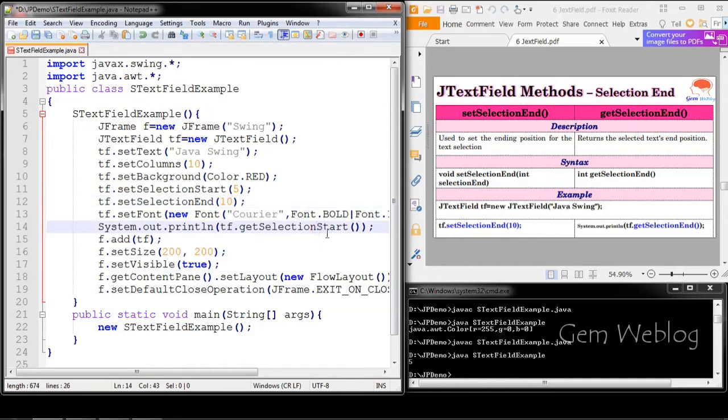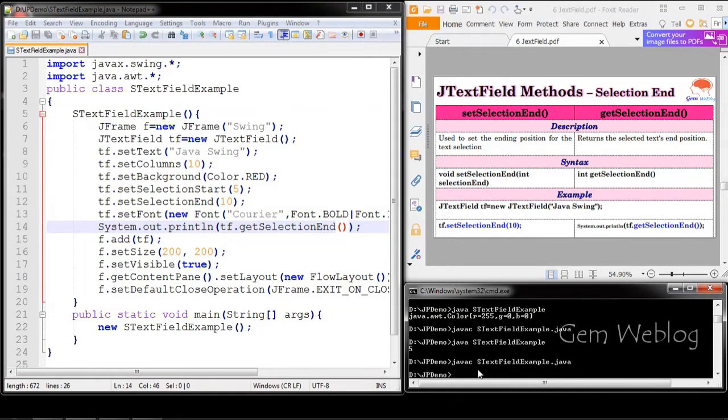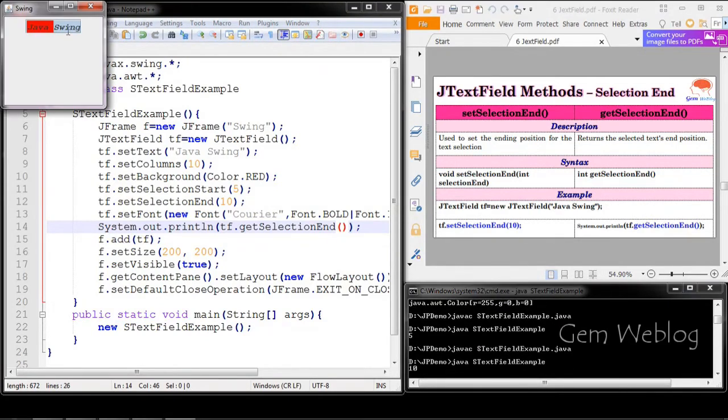Whatever has been set, you can extract using getSelectionEnd. Now you can see that the selection starts from the 5th position and ends at the 10th position. So all the characters between those positions have been selected.